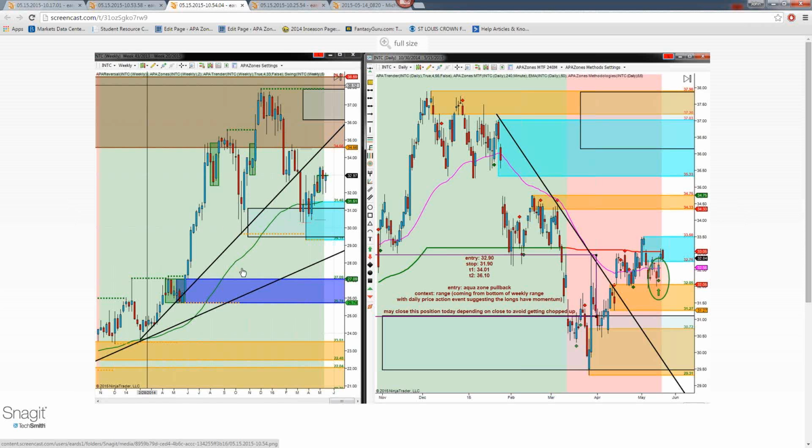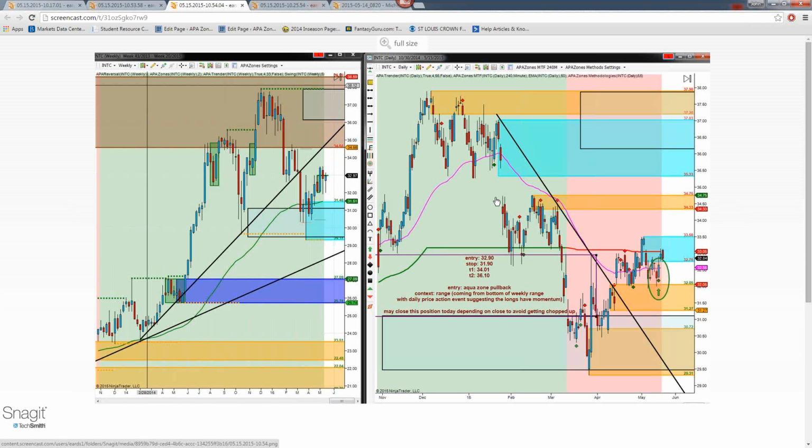So I'm getting the sense, especially after we consolidate here, after making a lower low and we don't keep puking to the downside, that buyers did regain momentum here, and we're in a broad range, and we are going to continually